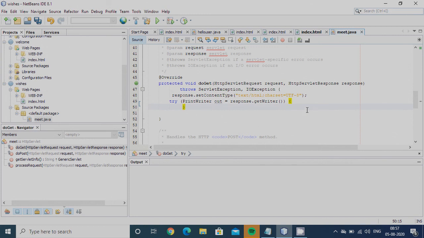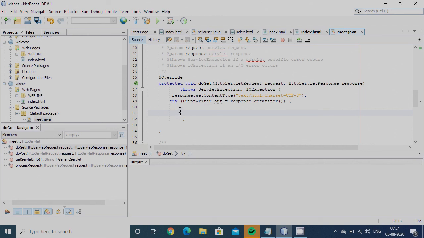Inside this, I have to tell what the servlet has to do for me. In the HTML program, I am passing a link to this servlet. On clicking this, it comes over here. I just have to tell the wishes.